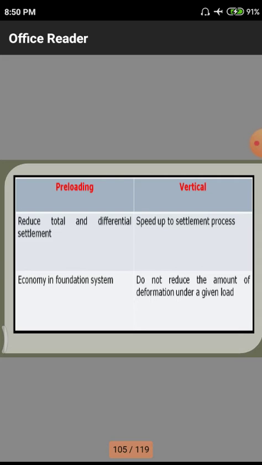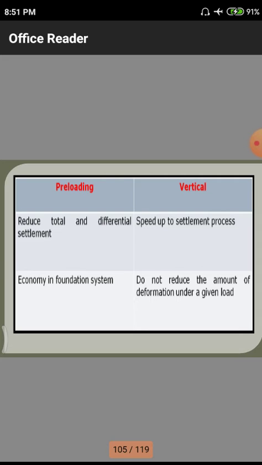Normally in our chemical processes, we use some catalysts. What is the purpose of a catalyst? A catalyst is not involved in the chemical reaction, but it accelerates the chemical reaction. Likewise, these vertical drains are accelerators for the particular settlements only, but they don't get involved in the settlement process. They are accelerators because the vertical drains contain a huge quantity of sand, so the sand absorbs the water and the water automatically drains.